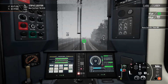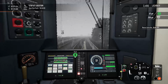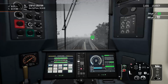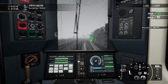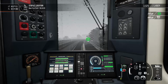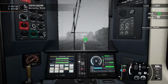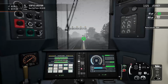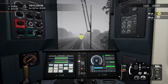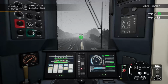All right, so we can get up to 15, it looks like. Nothing more than that. Okay. 60's coming up, but we can... Oh. All right, we can go up a little bit more now. We're out of the 15 mile an hour scenario here. We were stuck at 10. Oh, that's an 80. Well, hopefully we can...